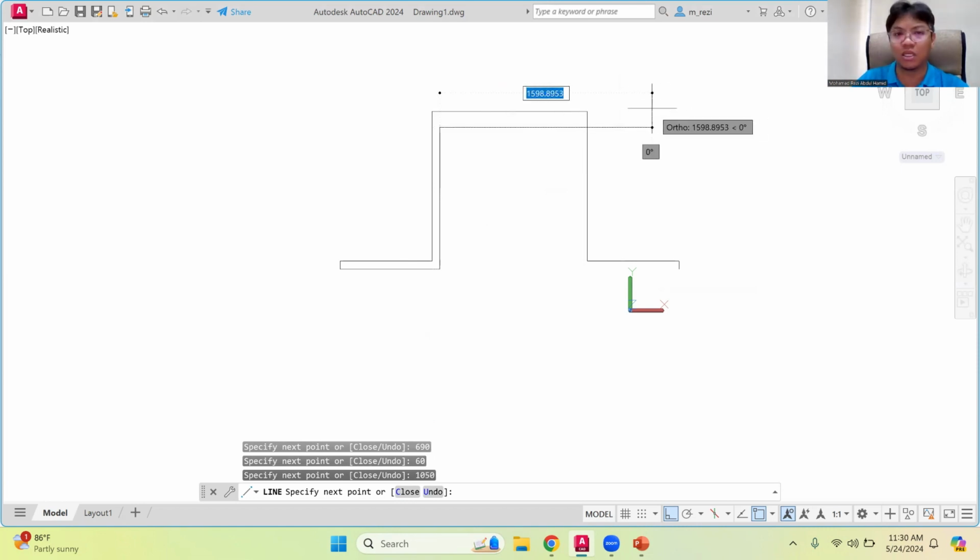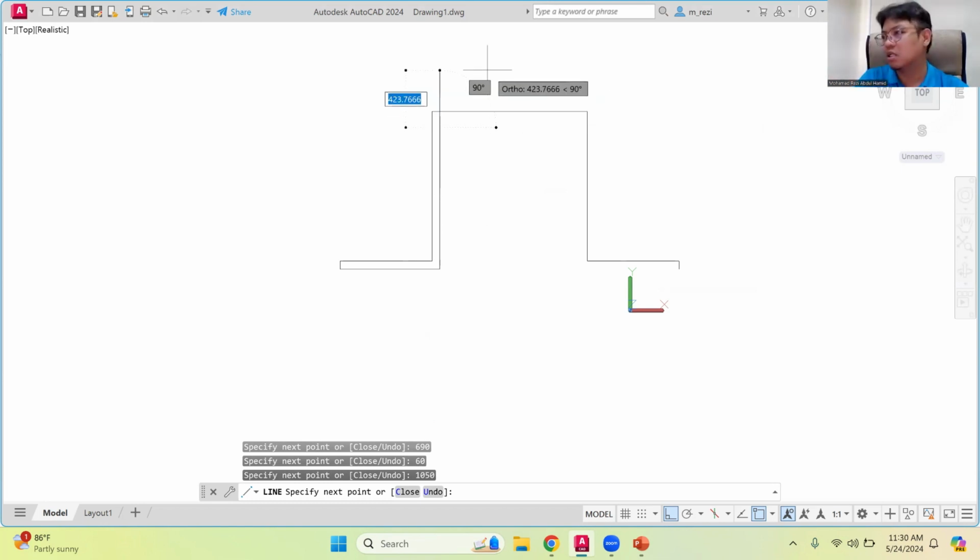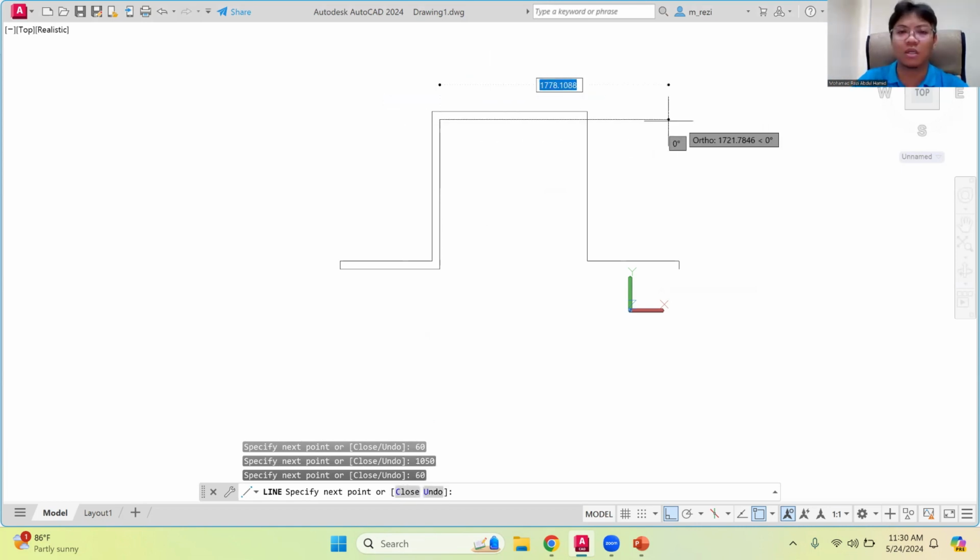Oops, why is it so thick? Maybe I add another 60. Okay, at this point, another 60. Should be 1110. Yeah, I think I probably made it too thick. But yeah, I'm gonna add one more 60. Right now it's gonna be a different thickness, but whatever. All right, so next is 1050,